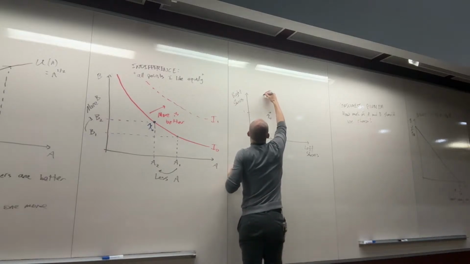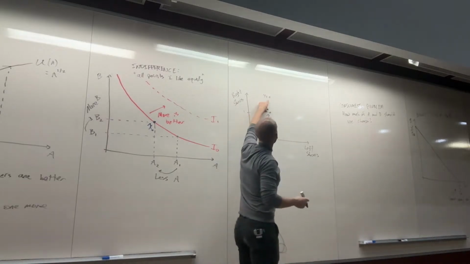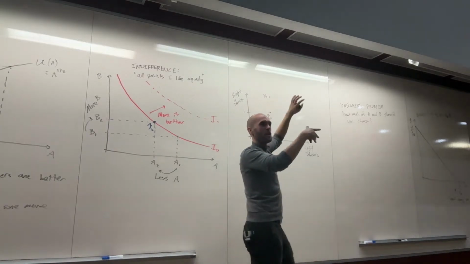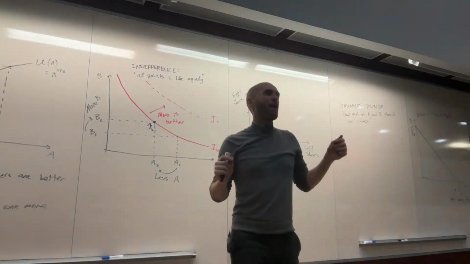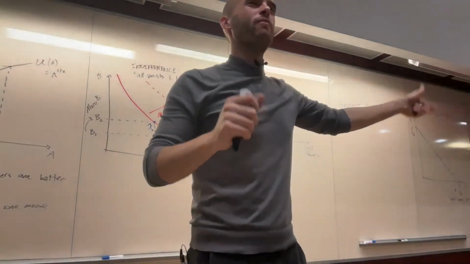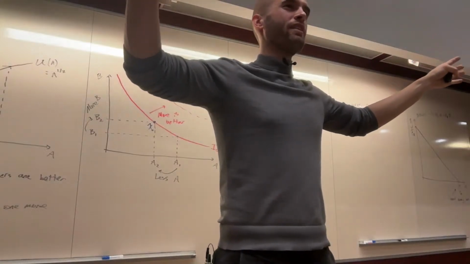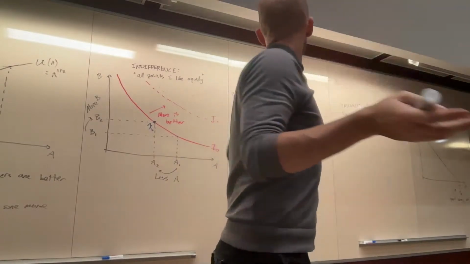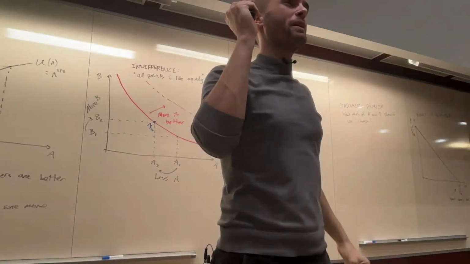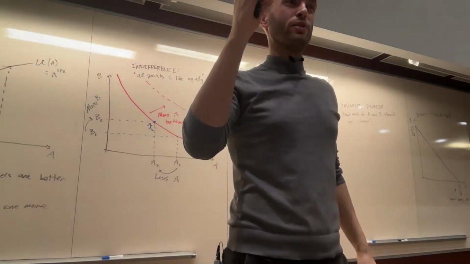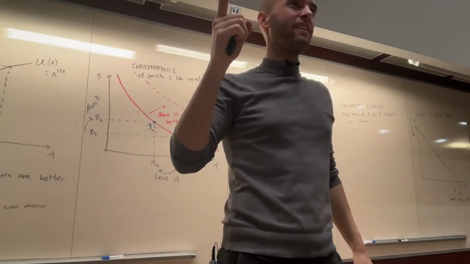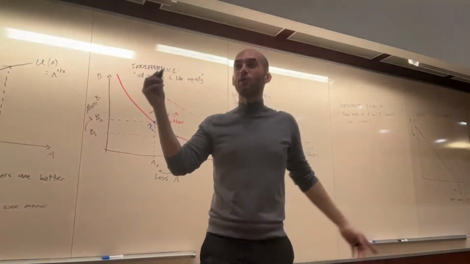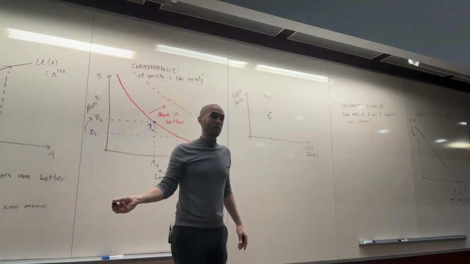Let's look at x1. What I've done with x1 is I've increased the number of right shoes without changing the number of left shoes. If I were to just give you another right shoe, all of you are probably wearing shoes at the moment, I assume. How many of you would be happier because I gave you just the right shoe? How many of you would not take the shoe if I gave it to you? Okay, most people. I would not take just one unmatched shoe.